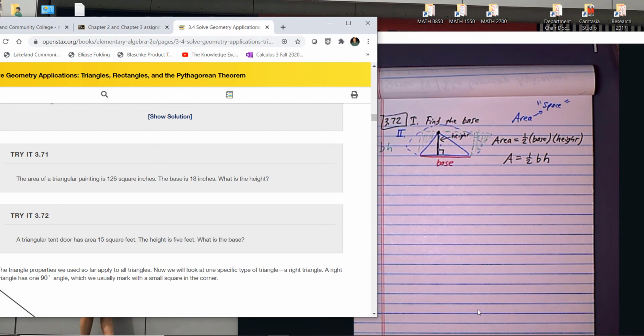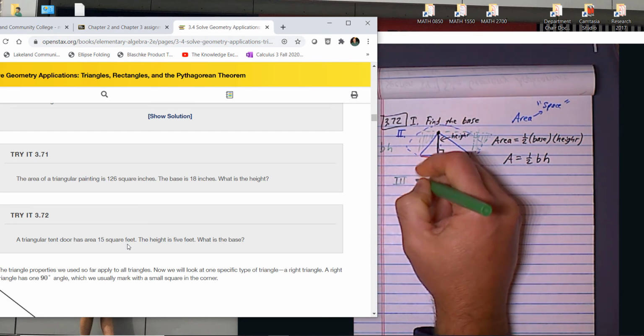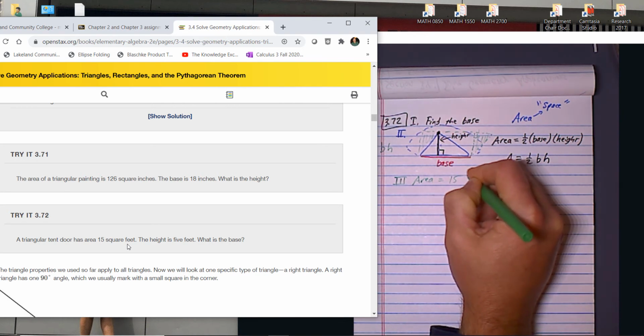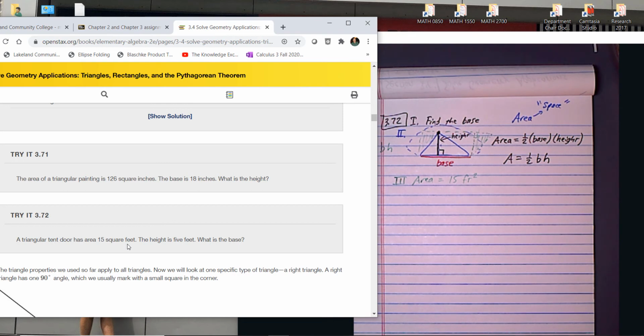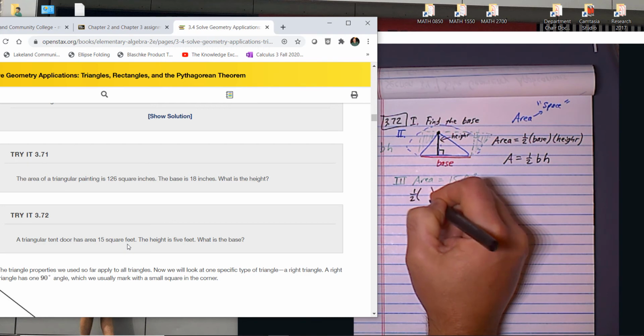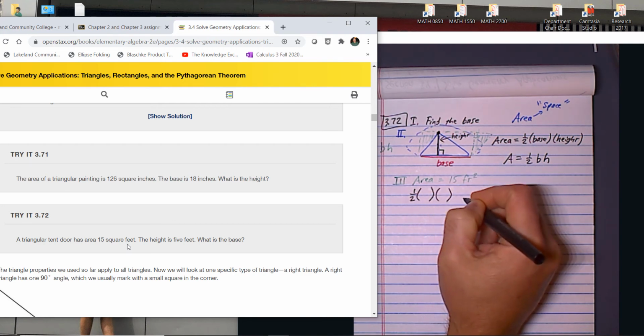Okay. So that's interesting, but let's go back to our problem. A triangular tent door has an area of 15 square feet. So again, I guess where I'm at now is I'm on step 3. I want to write an equation, and I guess what I know is the area equals 15. Sometimes square feet is written that way, feet with a little 2 up there, because feet times feet gives you square feet. And so what we know is we can write 1/2 the base times the height is equal